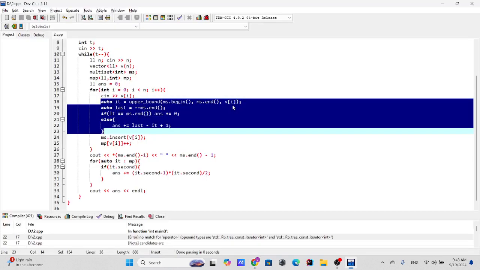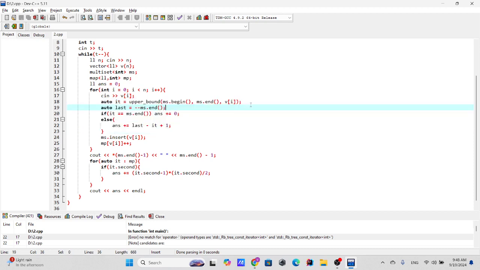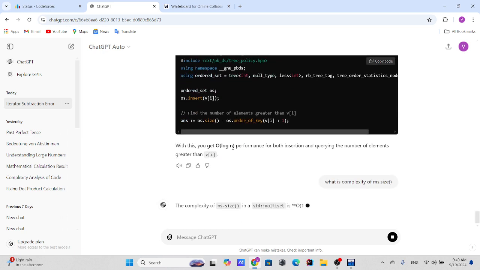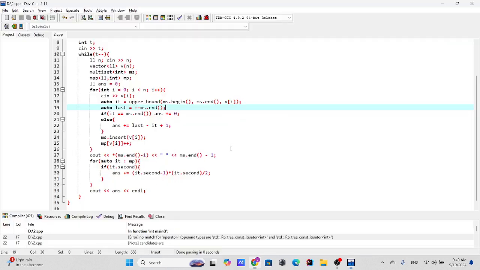Do you know what? What is the complexity of ms dot size? Oh, O(1), constant time. Okay, so maybe we can calculate the distance via